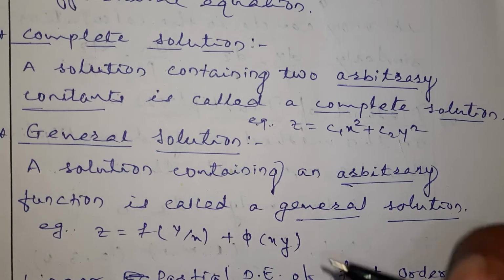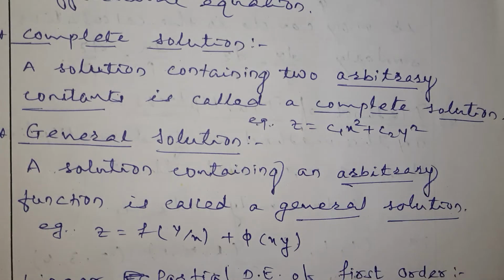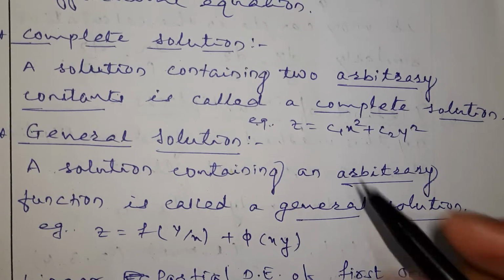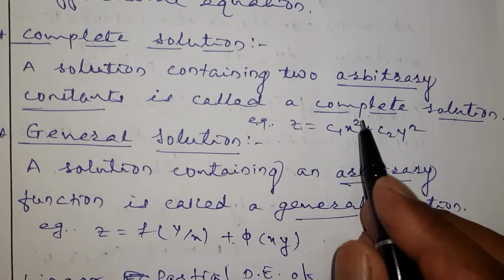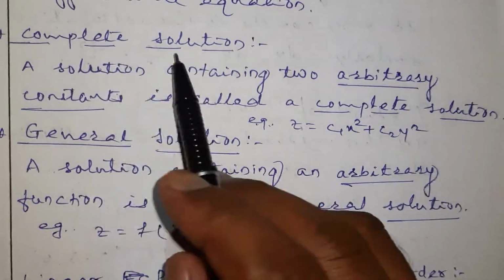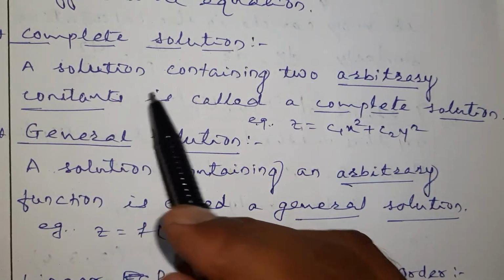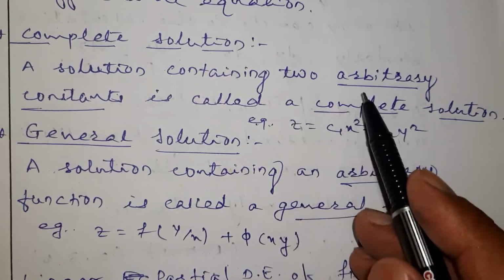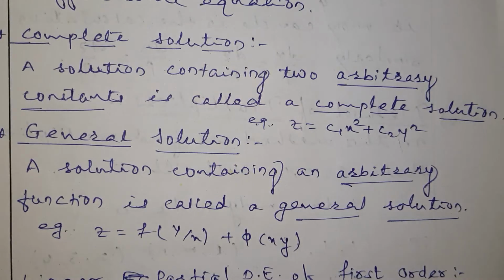That means a differential equation is obtained by eliminating arbitrary constants, right? And that differential equation has a solution, just like here z is equal to c1x square plus c2y square. So what is meant by complete solution? A solution which contains arbitrary constants is called a complete solution,